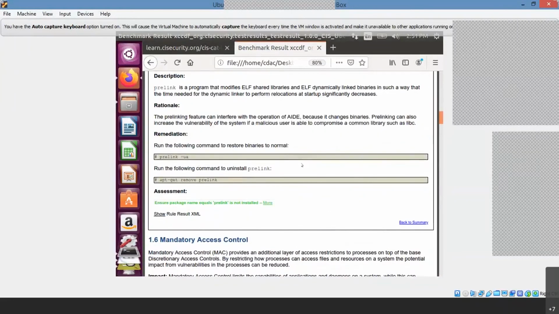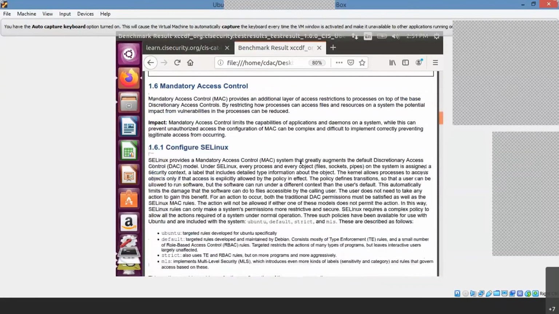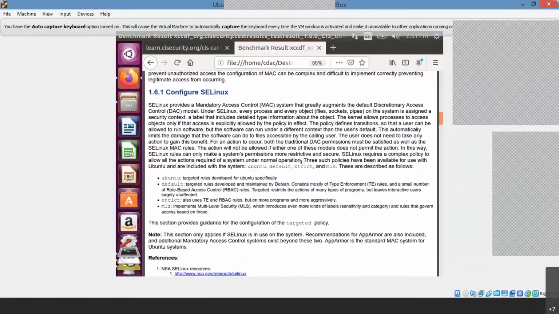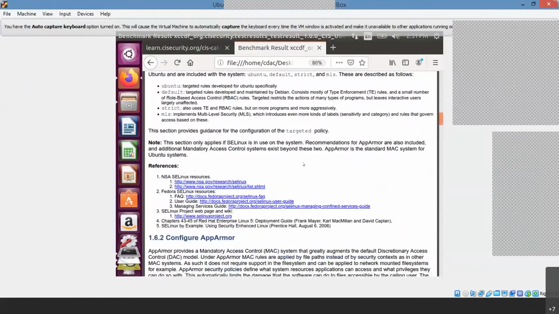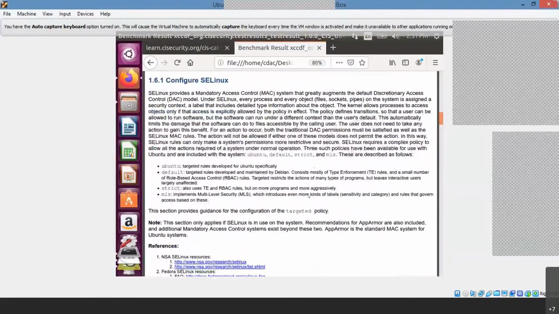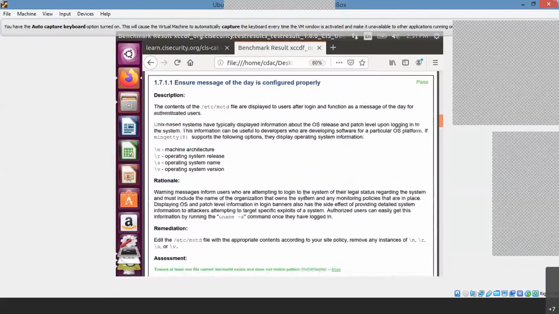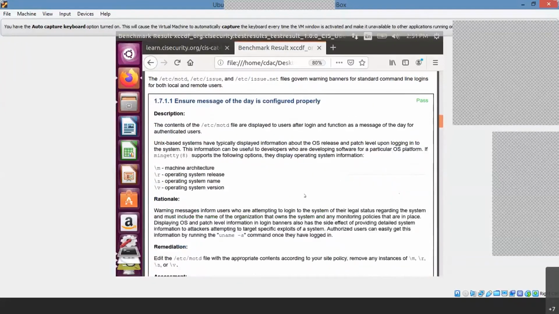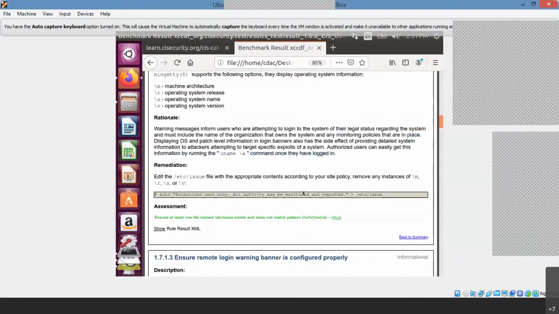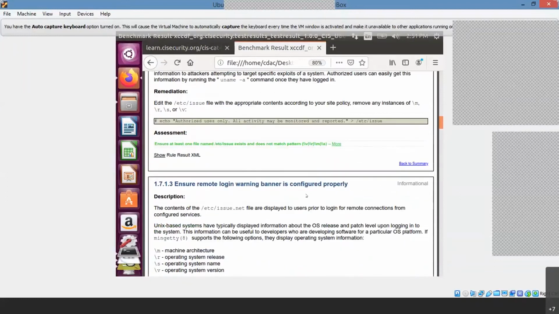So mandatory access control. SELinux is basically used for your firewall kind of things, whether it is properly configured or not. So you can check it from the options mode. Yeah, so we have to focus more on the failed parts only. So I think you are clear about this hardening, right? Any doubts here in the hardening part?